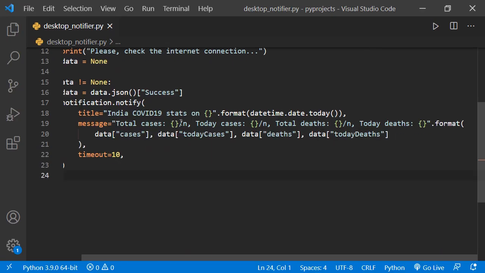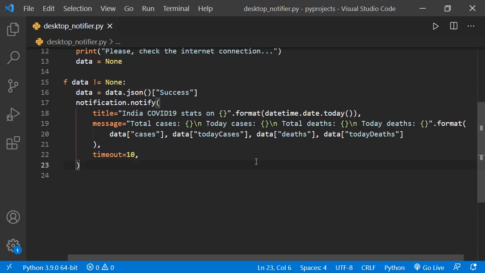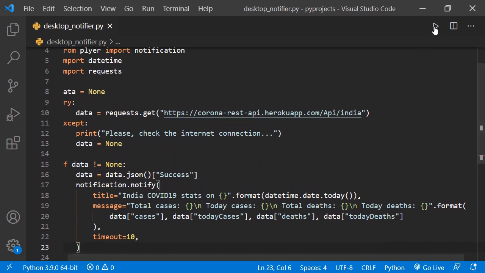Actually here I have added the forward slash, but the backward slash should be here. I think it is better to remove these commas as I have added those line breaks. So now I think that all is well, and I'm going to run my code.